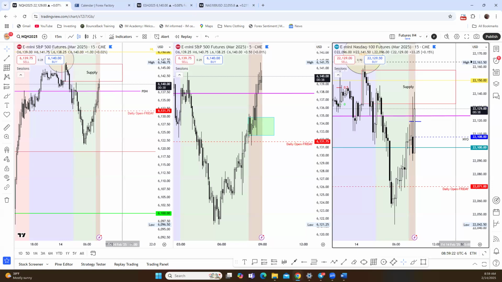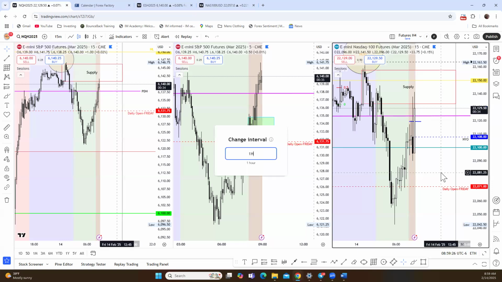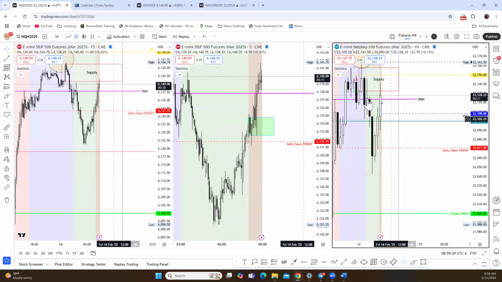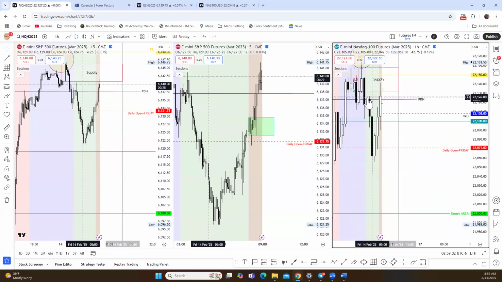Okay, guys, so we're coming up on that hour close. I'd love to see, personally, a technical close on NQ above this candle. I want to watch and see if the 1 hour is going to close above. That would show me a sign of strength on the higher time frames. So we're looking for it to close right above this white candle. And if it doesn't, then it's starting to reject supply and starting to wick away. That makes me a little bit more hesitant for the trade.